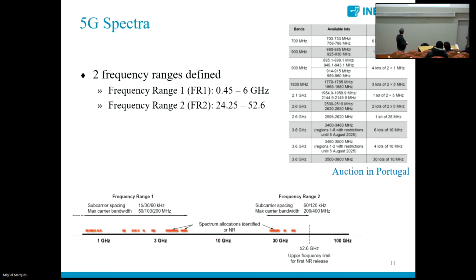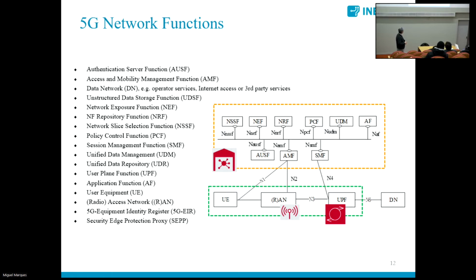In fact, this architecture is a little bit more complex. Here I'm representing the AMF, access and mobility function. And in fact, instead of a single function, we have a set of services that we call functions, a kind of microservice that can be deployed anywhere, and that enables the management of this network to be done in a very detailed and precise way.